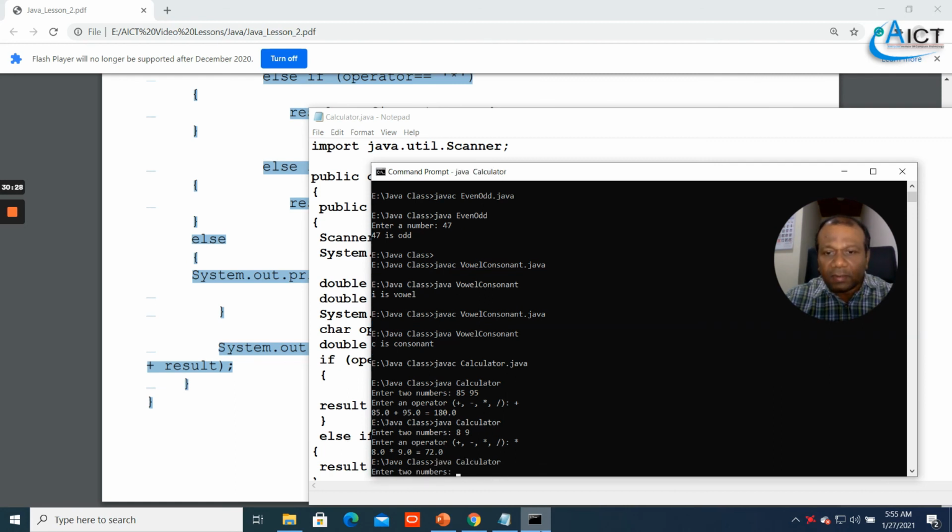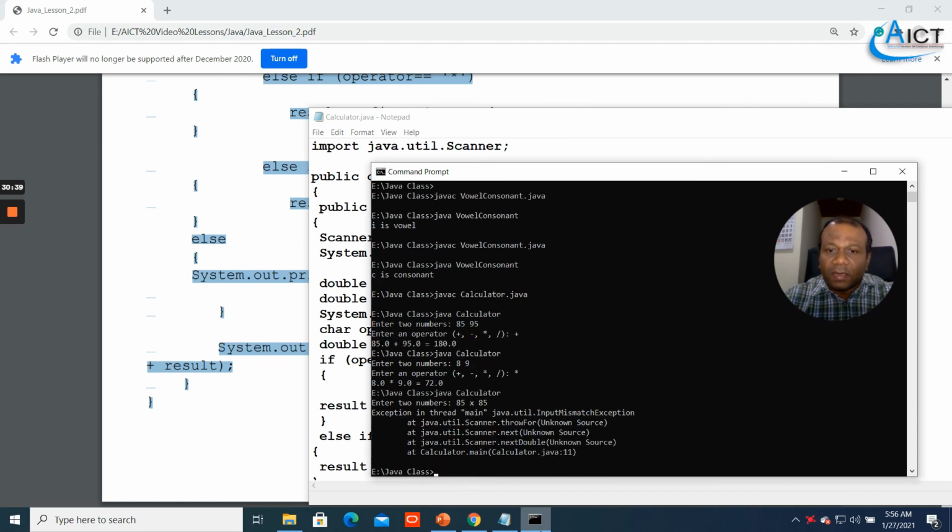I'll run again, I'll enter number 85, and for the operator I'll enter something like this. So 85 times 85, that's a problem. Enter two numbers, 85, exception handling.